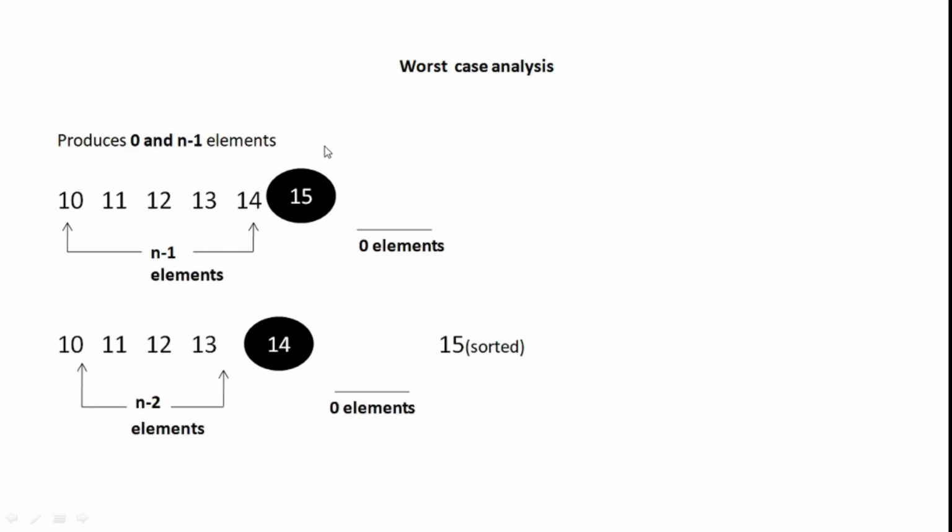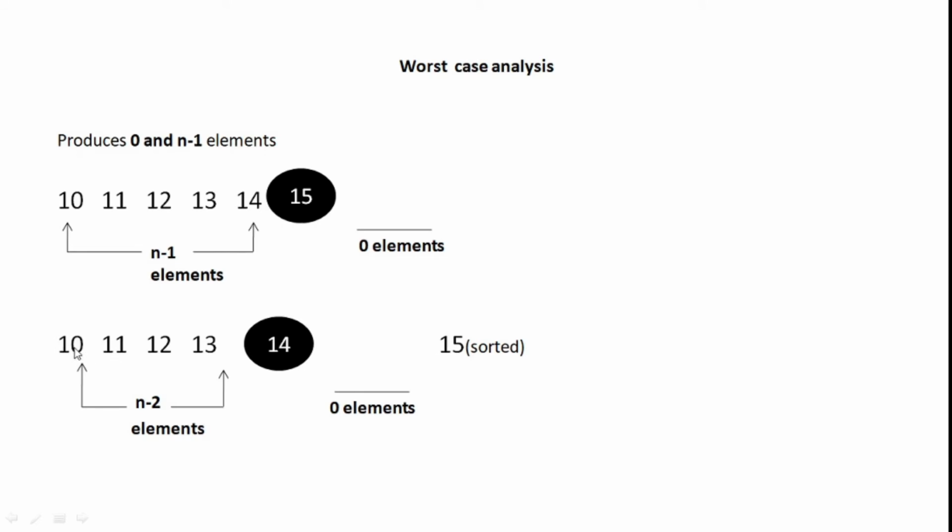Now we were done till this 15. Now in another step, 14 is taken as pivot, and then 10 is compared with 14, then 11, 12, and the same thing is going to happen because all of them are smaller than 14. If the pointer at j is having smaller values than the pivot value, then we are going to increment the value of i, and j will in all cases be pointing at the same index.